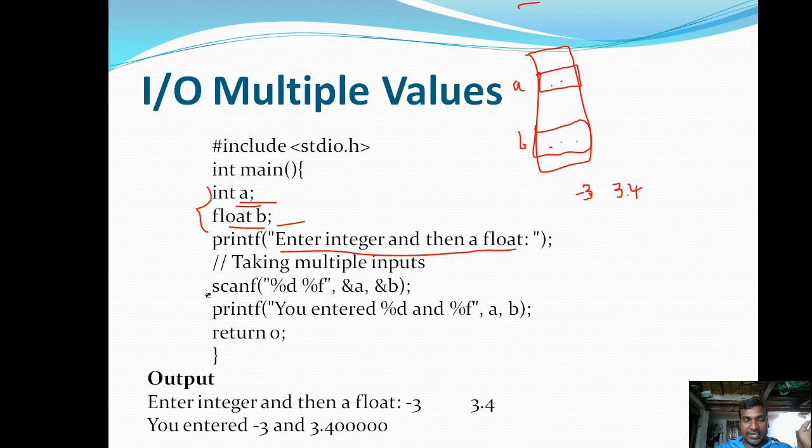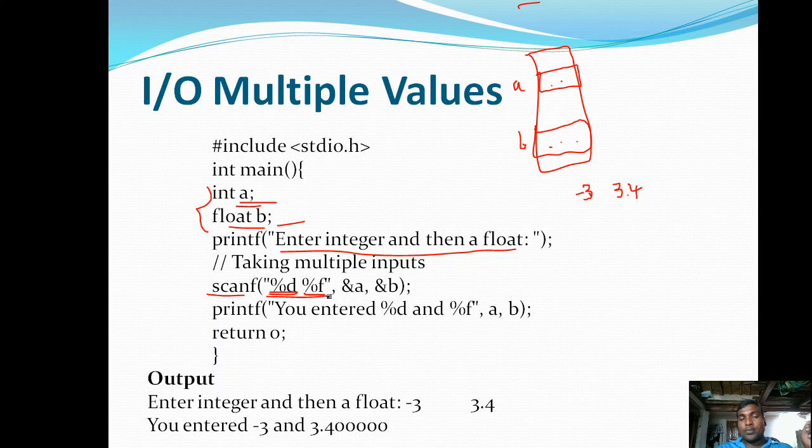Then after hitting enter, what happened? scanf is an input function. It is going to read the inputs given by the user. Inside the double quotes of scanf, we are writing two format specifiers, one is %d, another is %f. Whatever input is given first, it is expecting an integer, then it is expecting a float value.